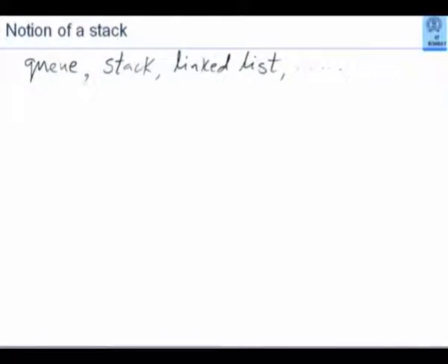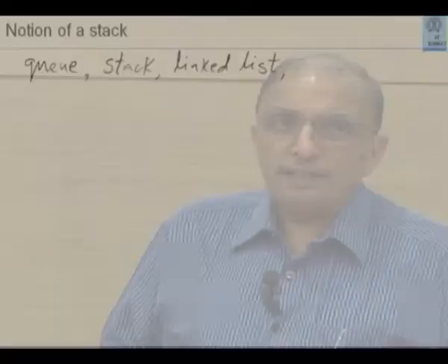A queue in a conventional sense would be known to all of you. For example, at a bus stop, typically people will stand in a queue. What is the property of the queue? The first fellow who comes in stands near the bus stop. The second fellow joins the queue at the back. Third fellow joins the queue at the back, and so on. So the queue increases in one line. But whenever the bus comes, the first fellow goes out. Of course, this is the description of a disciplined queue.